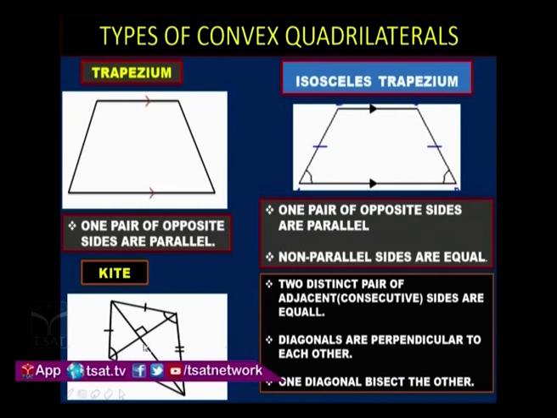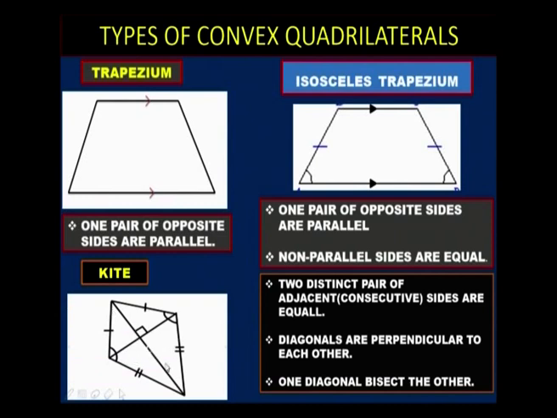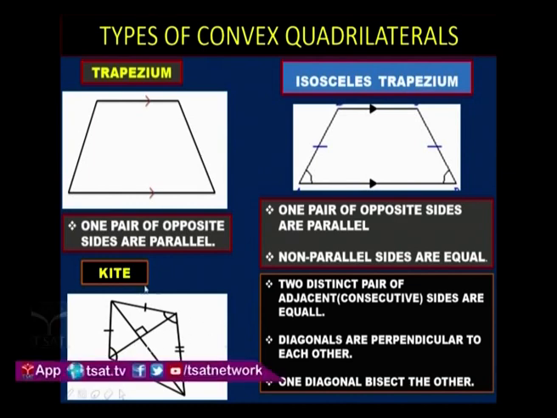In the kite, diagonals are perpendicular to each other. Perpendicular means the angle between the two diagonals is 90 degrees, and one diagonal bisects the other. Look at the figure here, one diagonal is longer and the other is shorter. Can you identify that? Now, in this figure, the longer diagonal bisects the shorter diagonal. Bisecting means, children, making into two equal parts. That is, this longer diagonal makes the shorter diagonal into two equal parts. I hope you all have understood what a trapezium, isosceles trapezium and kite are. Have you all understood? Let us discuss some more here.